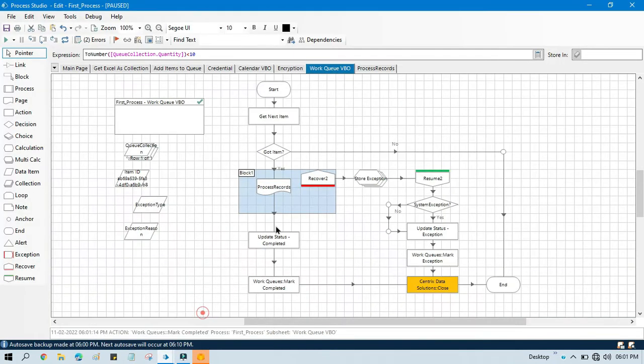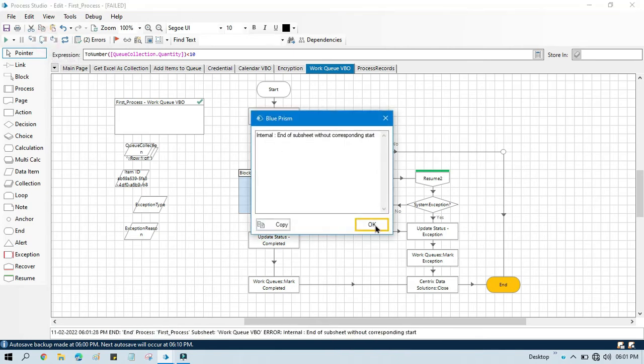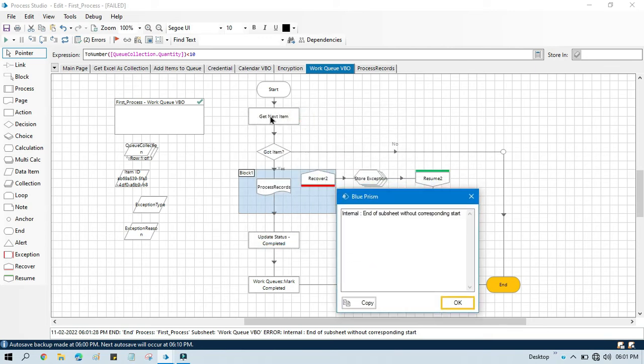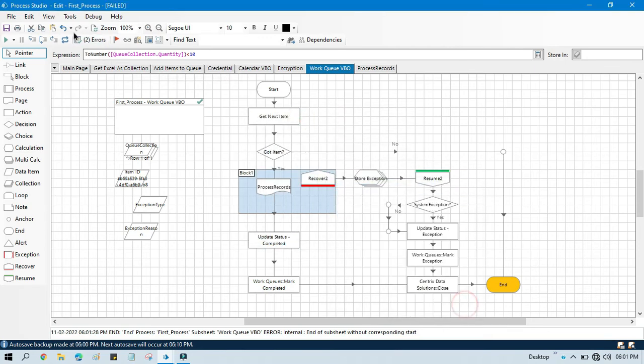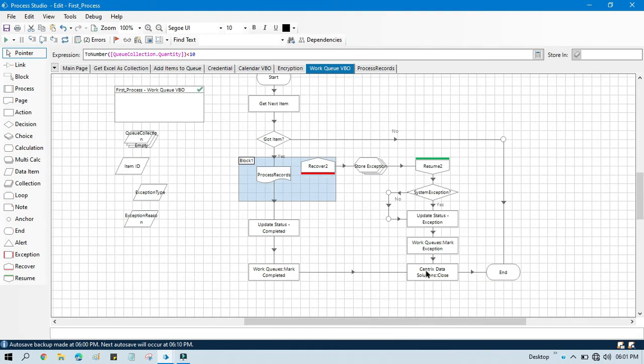Now let's say we are going to throw an error and this application closed. Sorry, I just linked this with the end. I need to move this again to the get next item so that we can process the next item. So I missed doing that. So if we have completed after this close, so what we need to do,